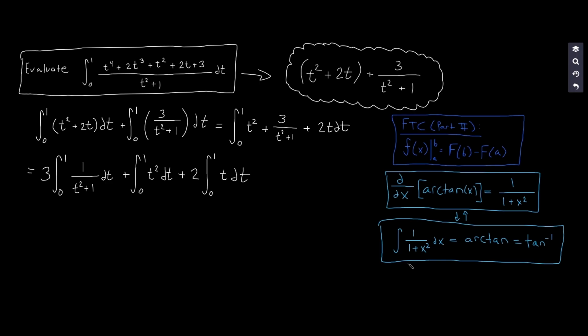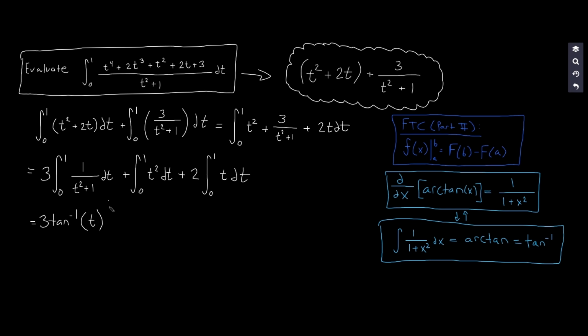That's why taking the integral is also called antidifferentiation. Because the antiderivative of 1 over t squared plus 1 is inverse tangent of t, that means we can write this as follows. That 3 is already factored out, so we'll have 3 inverse tangent